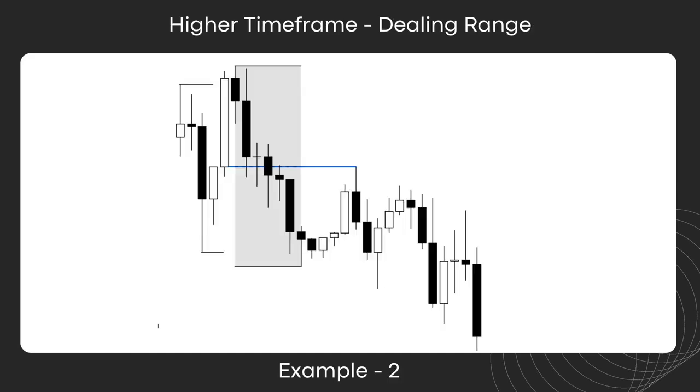So here we got another example of dealing range and its integration with market profiles and key levels. Now again, you can see the same framework for dealing range and the different key levels inside the discount and premium region. Now this one right here is a bearish dealing range, right? So we would be using a bearish framework for this instead of the bullish one. So what you can see here is that first we got this bearish FVG in the discount region, and then we got this